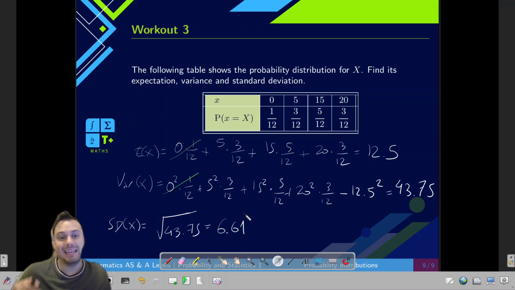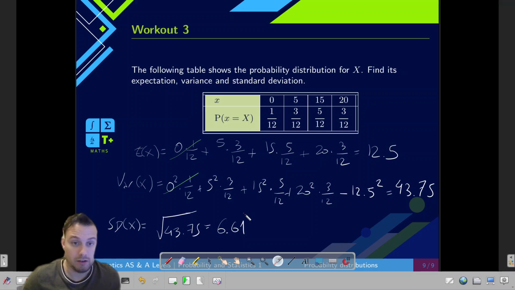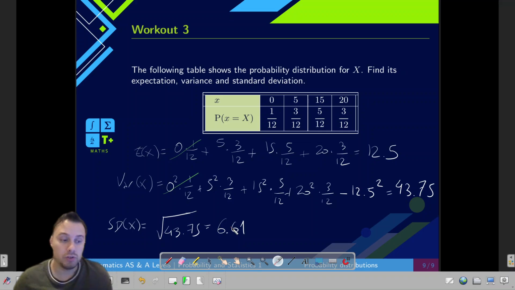So in case you're working with your calculator, and I hope that you're doing this, you may be doing this by hand, and I applaud you for that. But in case you're working with your calculator, you can write this number down, but don't discard it yet. Just use the answer button, place the square root of the answer, and you will be getting that. And that's the safest way for you to deal with all of these problems with roundings and everything.